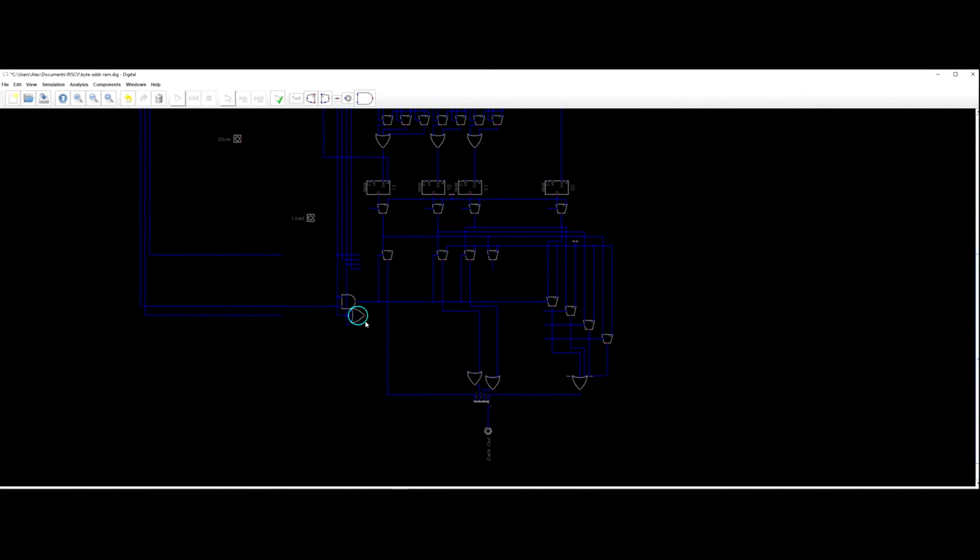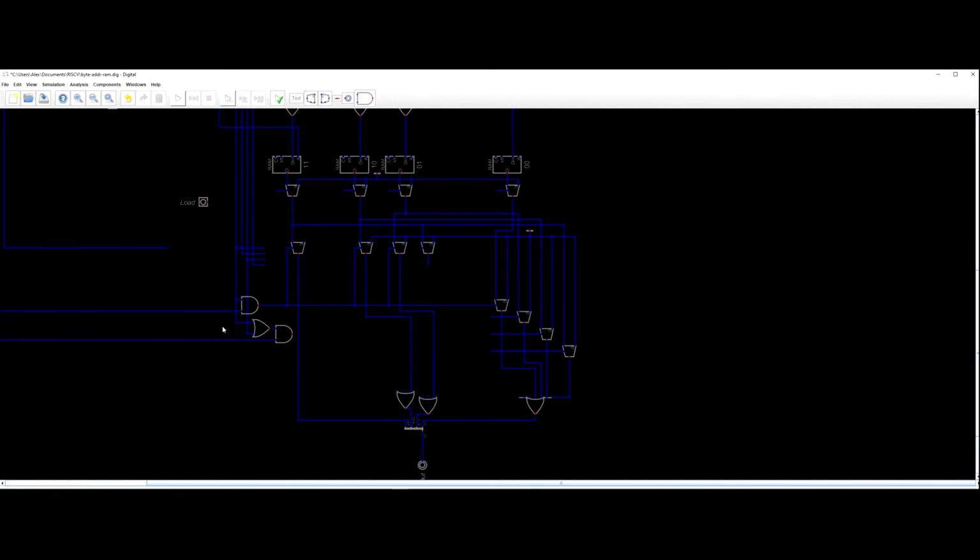Control C, Control V, Control C, Control V. And so when a half is true, the data